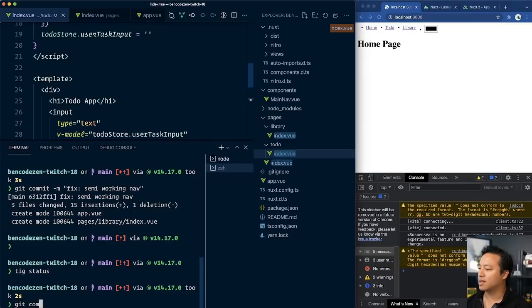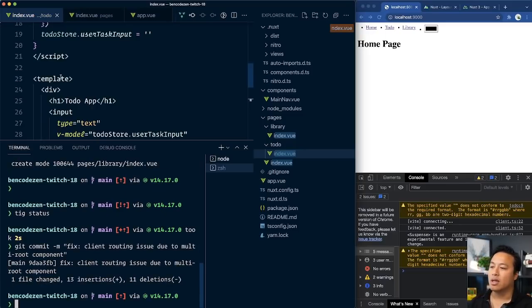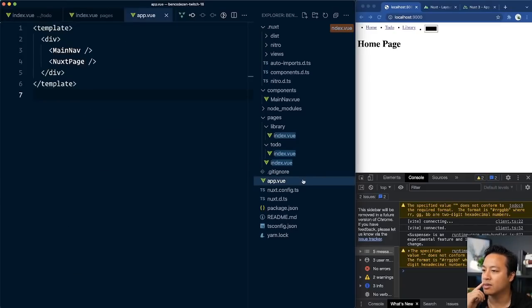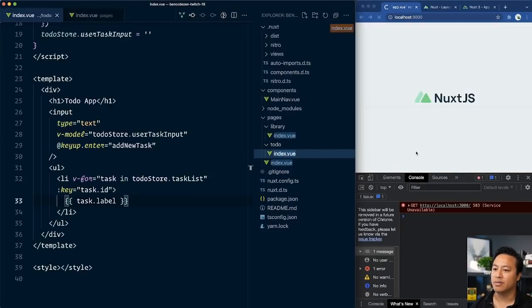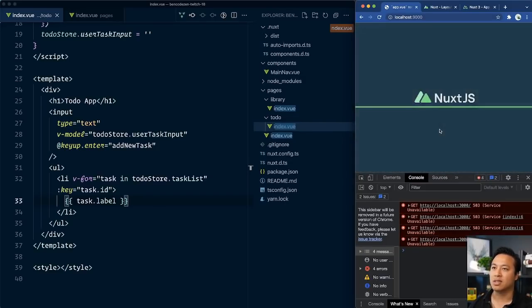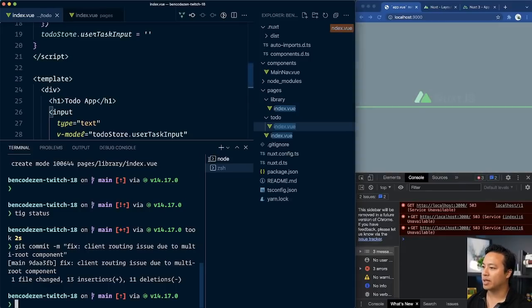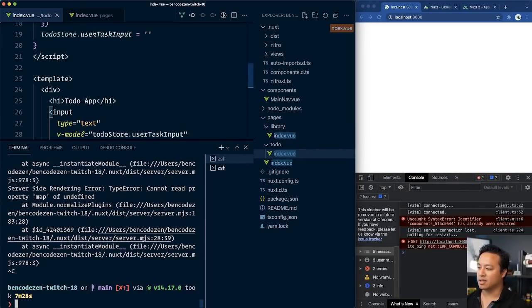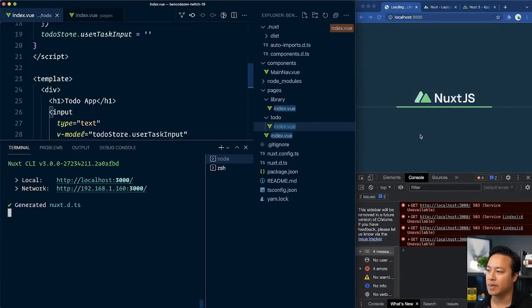Okay, so now we gotta test this other thing. Fix client routing issue due to multi-root component. Okay, so the real question is actually, did we actually need app.vue? I think that is actually the question. So if we delete this, we're gonna lose a bunch of stuff, but this will be interesting to see how this works. So let's refresh. What did I break? I broke something. I think that super broke things. So now that we don't have an app.vue and we just have pages,